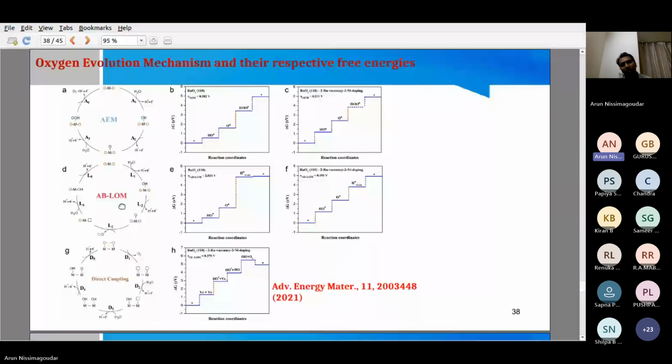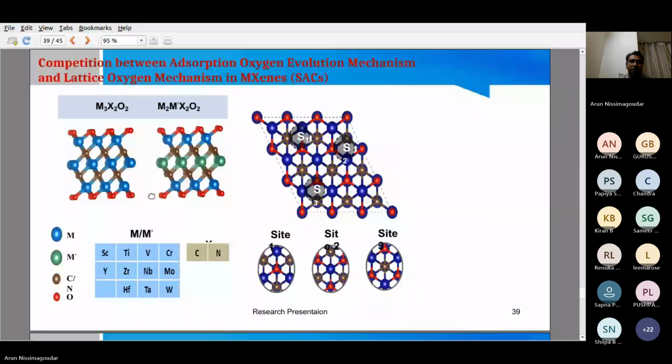We found that this is the first time we observed this type of mechanism. So that's what was published in Advanced Energy Materials in 2021. And we found that this is the main reason for this nickel-doped ruthenium giving a better catalyst for the oxygen evolution reaction. So we applied this approach to MXenes, where we have already previously shown that MXenes are gaining